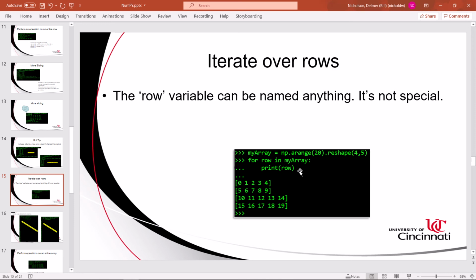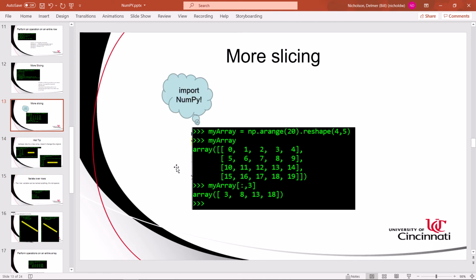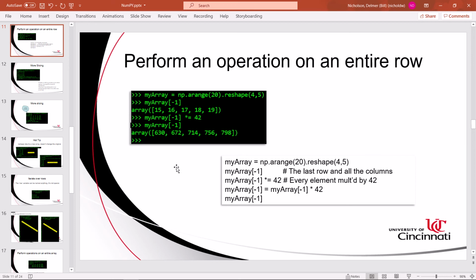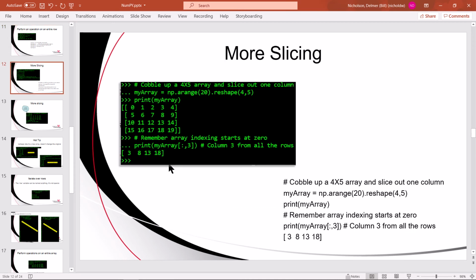Once I'm in that loop, then I can do things to the rows like print them out, add them to another data structure, write them to a file, whatever I need to do. We do have the capability then of iterating. And if you think back to a previous slide, I'm back to slide 11. I could do that iteration loop, that iterative process, to multiply values. Just like I did here without a loop, I could do that with a loop